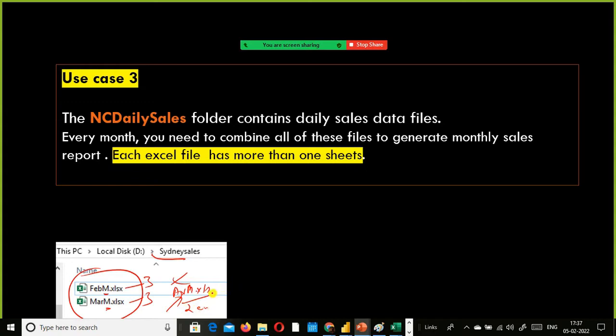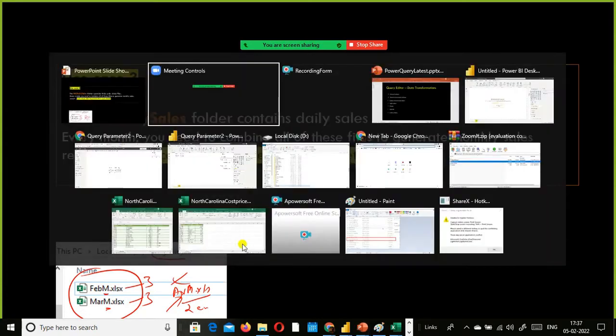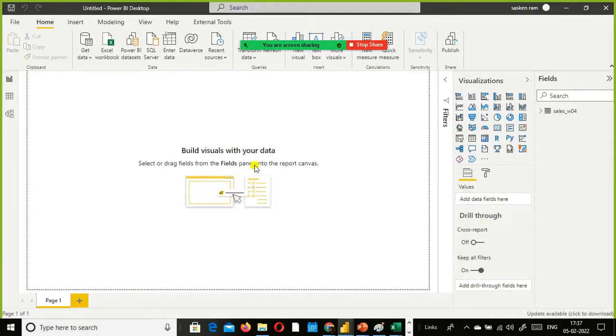With this, we are going to understand whether we can automate or not. And followed by this, whatever transformations we do here, we will convert into a reusable function, a custom function. Now I just go to the Power BI desktop, and here we do the same thing.